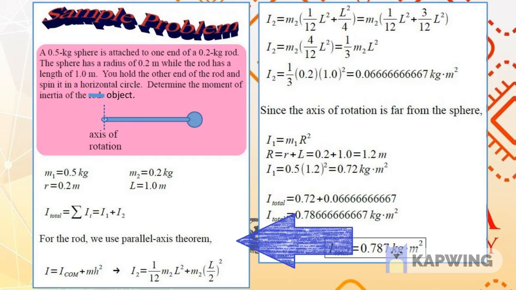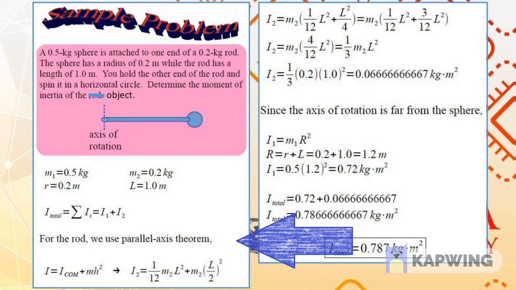Looking at the rod, the moment of inertia of the rod for axis of rotation at one end of the rod is 1/3 mL squared. You will recall that from the sample equations that we provided when we talked about moment of inertia. Now, suppose you forget that the equation for the rod with axis of rotation at one end of the rod is 1/3 mL squared. If you remember the equation for the rod with axis of rotation at the center of the rod,